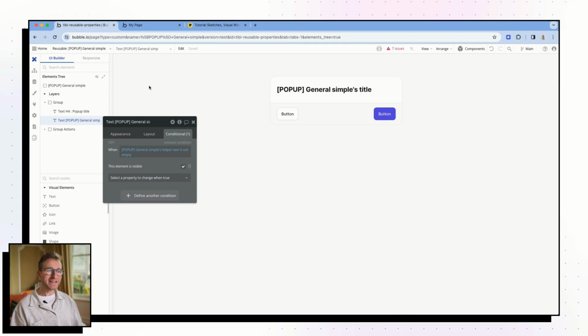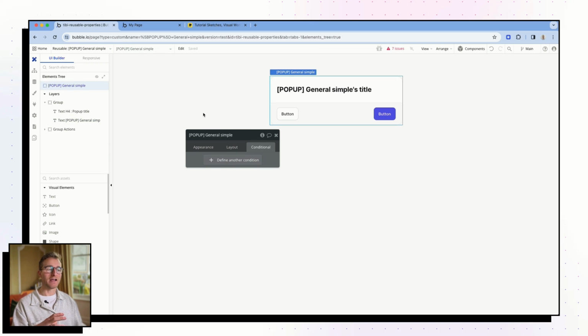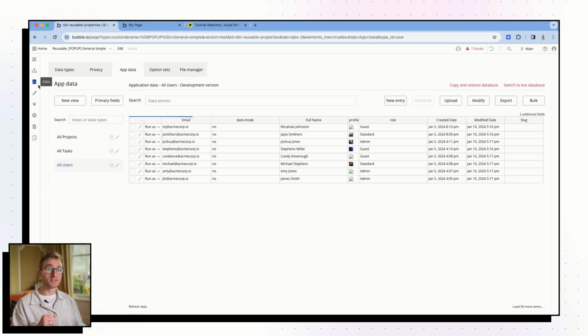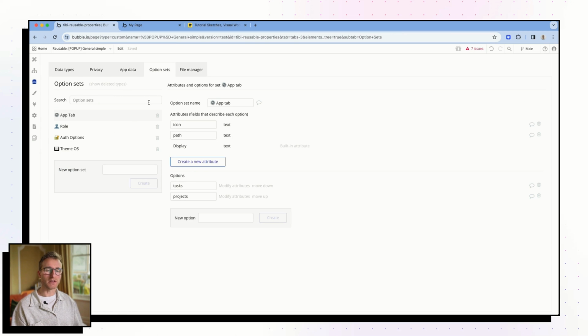So the best way to do this is to have a reference for your variants somewhere that you can feed into the pop-up, and then anchor your conditional logic based on the variant that appears. Somewhere where you can store them is going to be an option set. We want to do that within an option set. For any kind of developer configuration stuff, I like to use a little cog icon before them just to make it appear a little nicer.